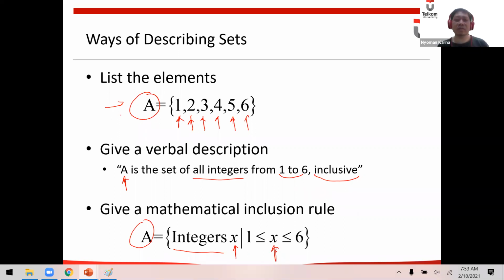Okay, there are three ways to describe sets, but we prefer to use this because it's a more obvious way to declare a list. Remember that list is similar to array in Python or in C, back from your programming and algorithm.